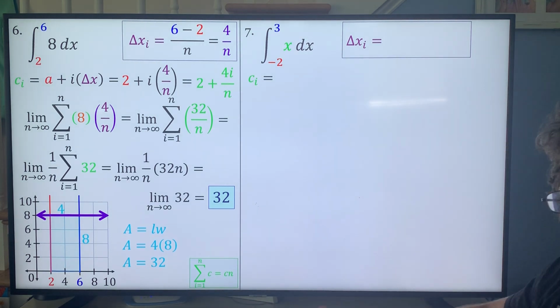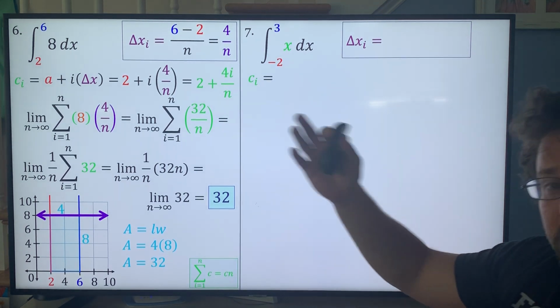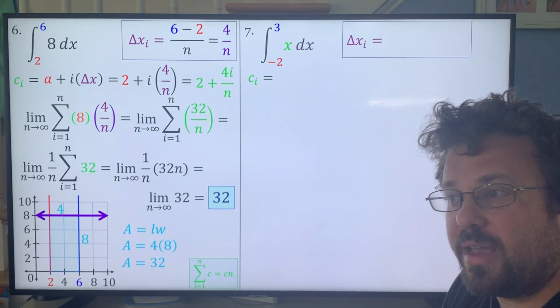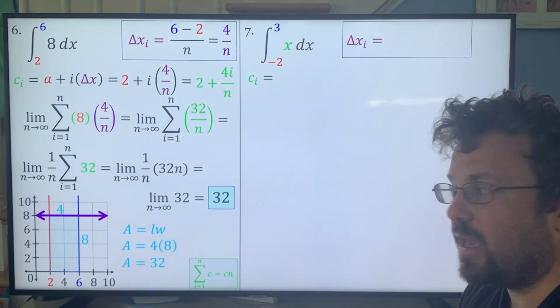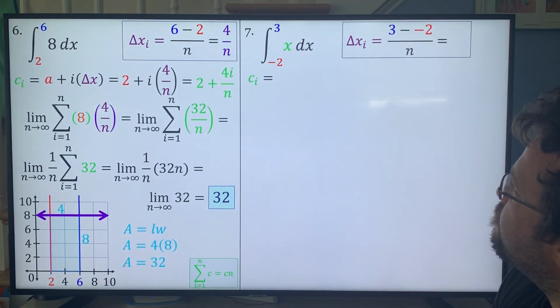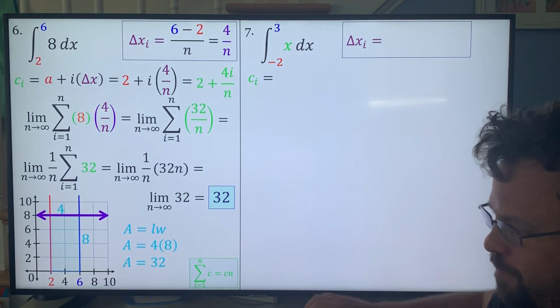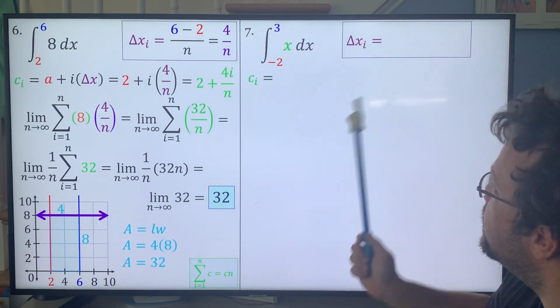So you can always check your answers if you know how to graph the thing, and it gives you a geometrical shape that you can find the area for. Now, if it's a geometric shape that doesn't have a standard area, you can also always use this to find the area of that geometric shape. So look at this now, you can find this. That's why it's finding areas. Got it? All right, move on to number 7. Hopefully that didn't mess you up. All right, so